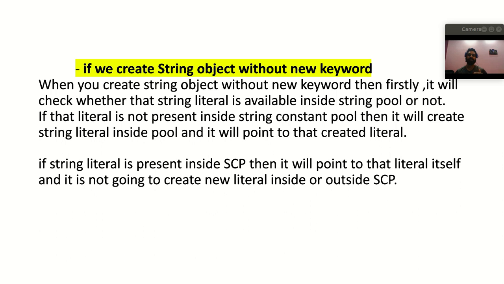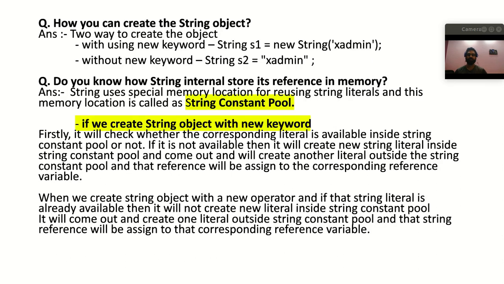So if you are creating an object without the new keyword, first it will check whether that literal is present inside the string constant pool or not. If it is present, then it is not going to create any literal inside or outside. It is just going to refer to that. And if that literal is not present inside the string constant pool, then it will create one literal inside the pool, and then refer to that, right? So these are the two scenarios, and you have to keep them in mind and explain this in the same way,